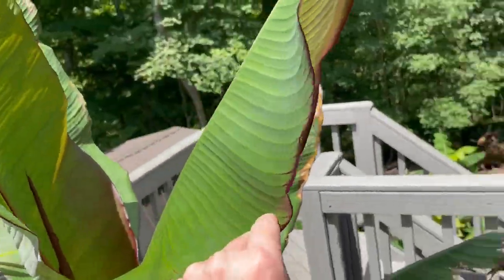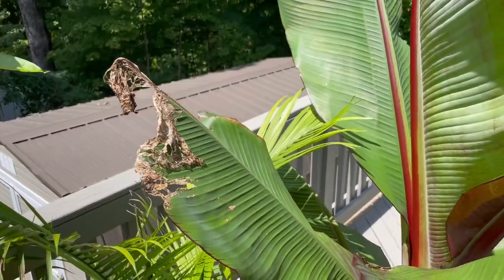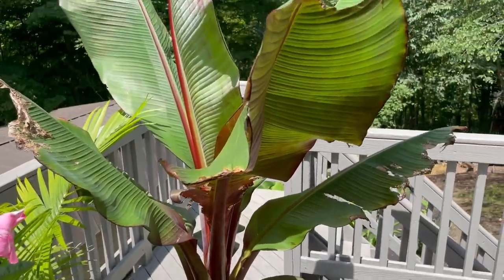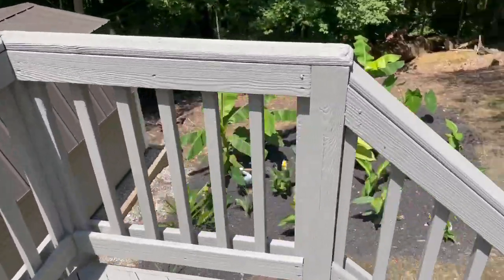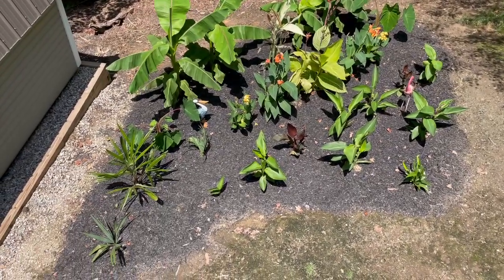Just awesome to see. And it's been getting destroyed too by that Asian beetle. But I think I've killed most of them for now. So hopefully I won't have any more damage. Yeah, awesome, love it. Let's take a quick peek at the lower garden here, which is the planted